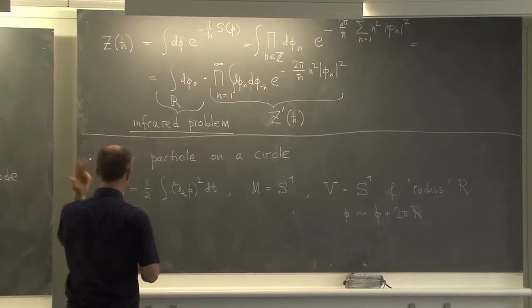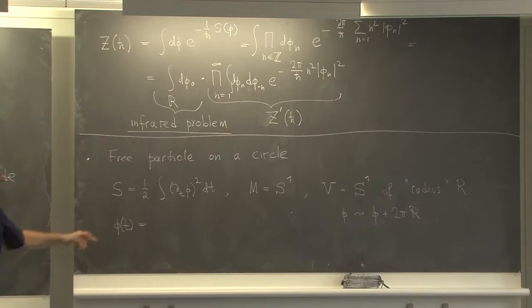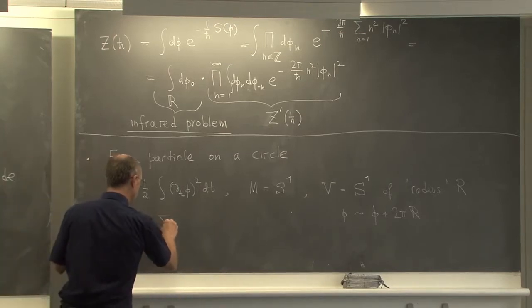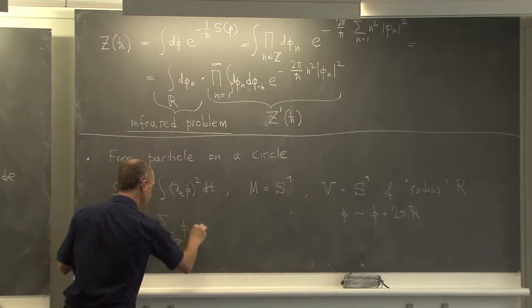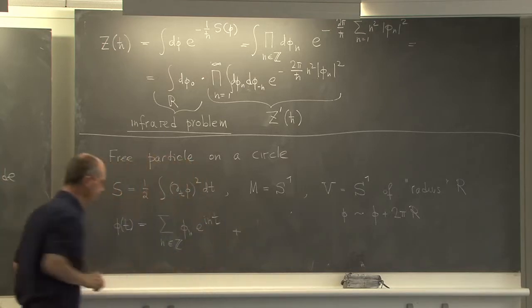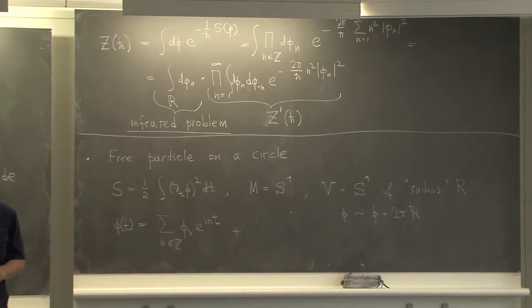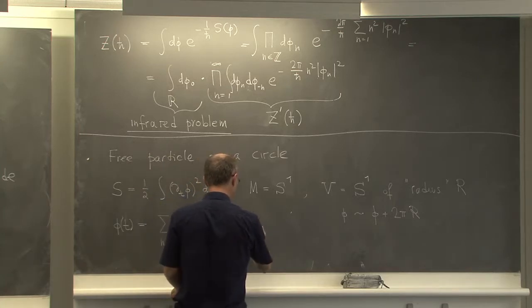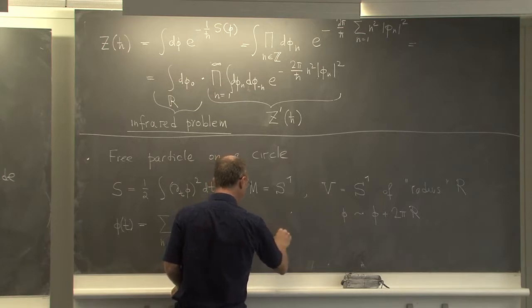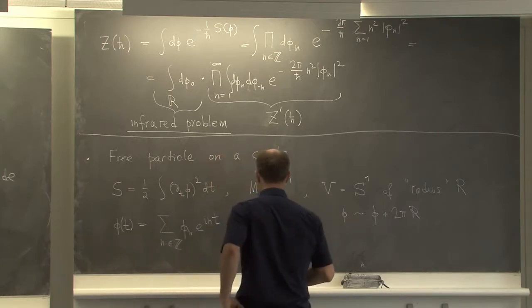I claim that a reasonably nice function can be decomposed, again, in the Fourier series. However, there would be an additional term in general, and this term would be of the form R times W times